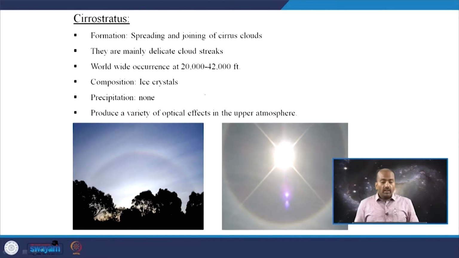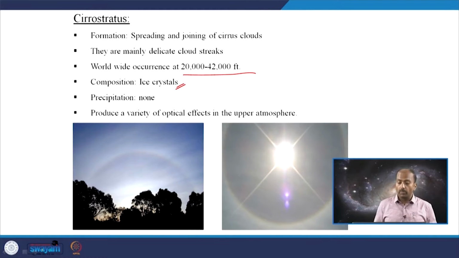Now the other type of high-lying clouds is cirrostratus. They are formed by the spreading and joining of cirrus clouds. They are mainly delicate cloud streaks that you see during the formation of a halo or something like that. They are high level clouds, which means they can be seen worldwide at very high altitudes, 20,000 to 42,000 feet. Composition is mainly ice crystals. That's how it results in the formation of a halo. And precipitation is none. Since they are at very high altitudes, they won't precipitate, and even if they precipitate, that would never reach the surface. They produce various optical effects in the upper atmosphere, such as halo